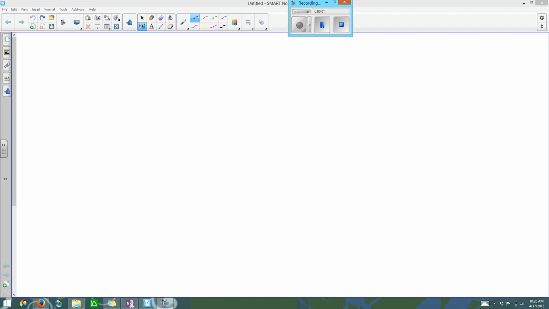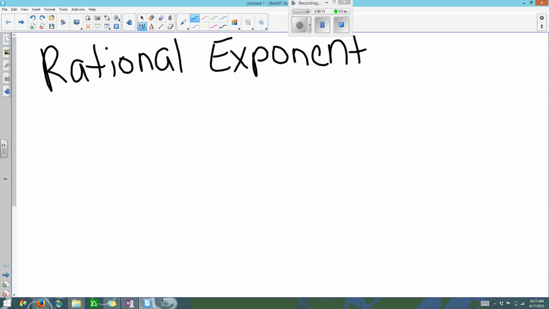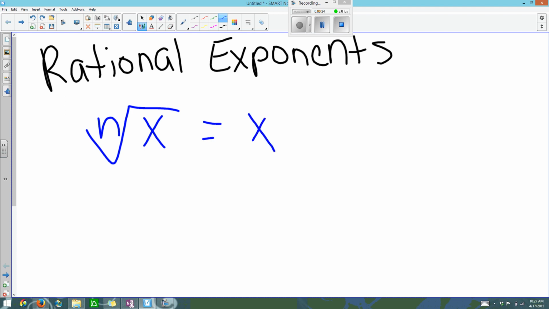So section 4 talks about rational exponents. Okay, and what that means is that, say you're given some radical expression, you can rewrite it as a rational exponent, like that, where n